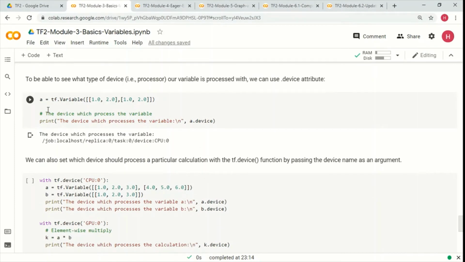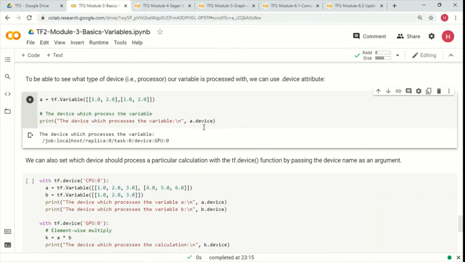And the next thing is, how can we check on which device a particular variable is running? So we can say a.device. So we initialize a variable here, and then we can say a.device here, and then we'll get the device on which a particular variable is running.